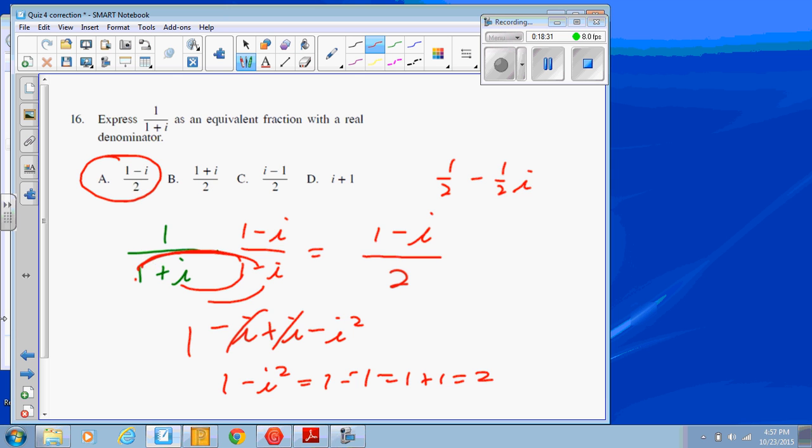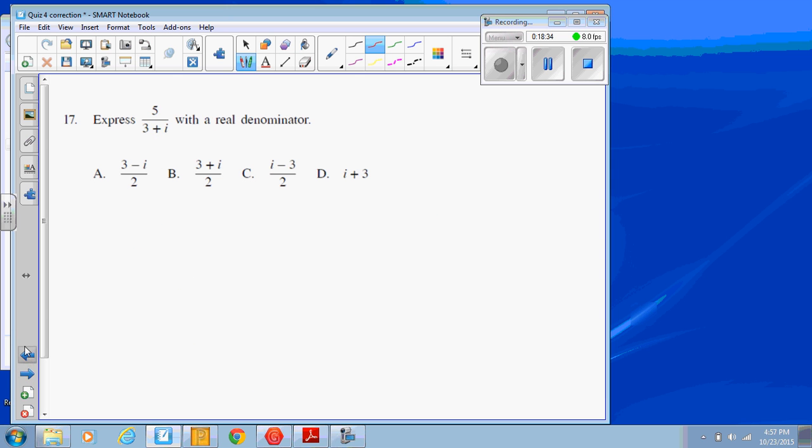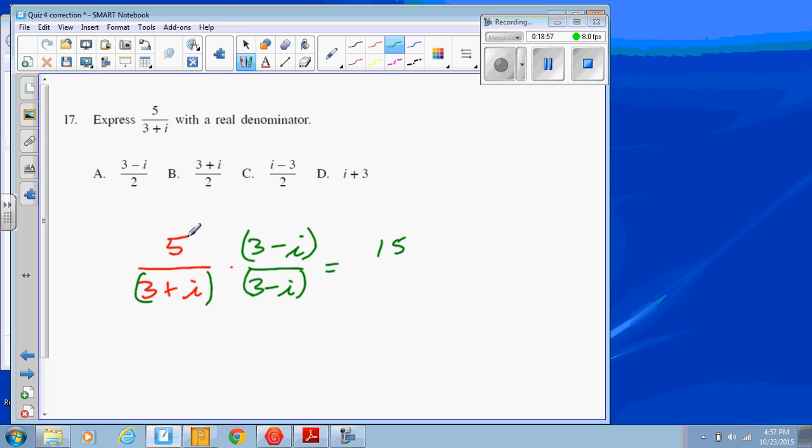Now let's move on to 17. We're finishing up soon. Same idea here. I have 5 over 3 plus i, so the conjugate would be 3 minus i for top and bottom. So remember, we have to distribute this way. So 5 times 3, that's 15. 5 times negative i is minus 5i. And now the bottom is going to be 3 times 3, that's 9, minus 3i, plus 3i,